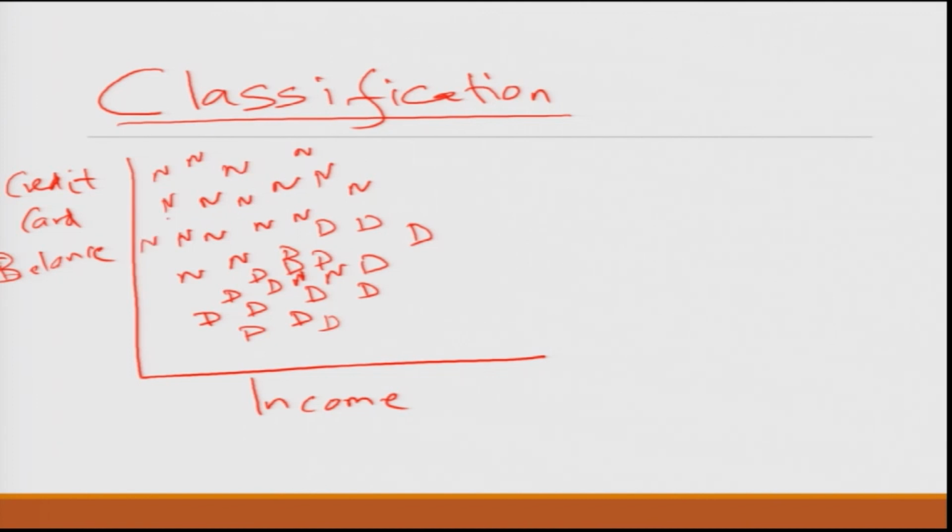I am just plotting. So, this D means default, N means non-default.